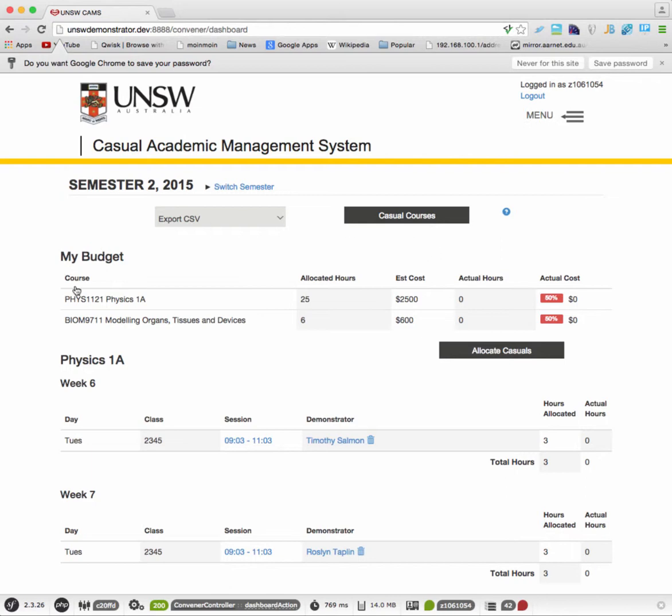And this budget table in detail has listed here 25 allocated hours for the physics, and we've got a test value of $100 an hour, so that makes it $2,500. And the actual hours and actual cost at the end are